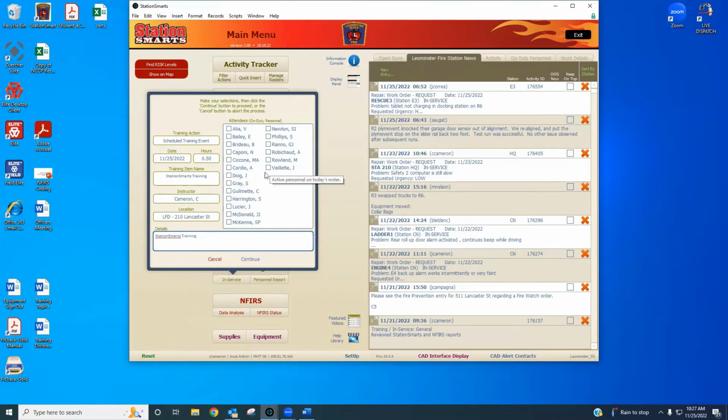The attendees box will default to the group that's on duty. So if you're doing it while you're on duty, or you're entering it the same day that you're on duty doing the drill, you can just click on one of these boxes here to add your attendees to the drill. If you have somebody who's not on duty, doesn't appear in today's roster, there is a way to add them in, and we can go over that in the next screen. In this case, we'll leave it blank so we can show you that other option. So we're going to click continue,